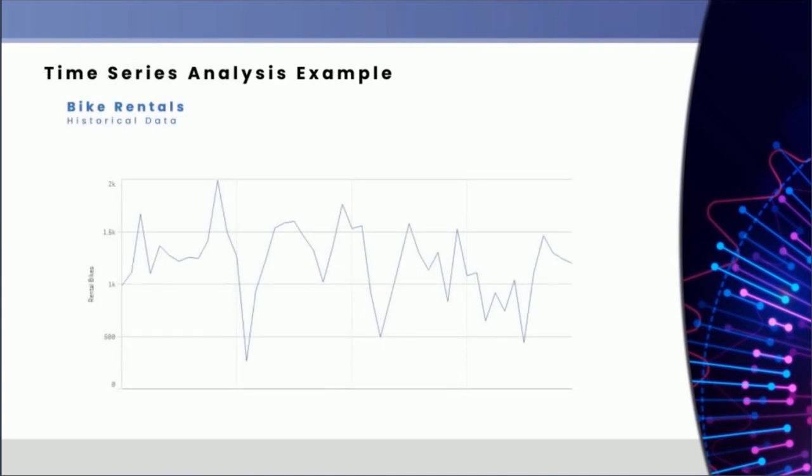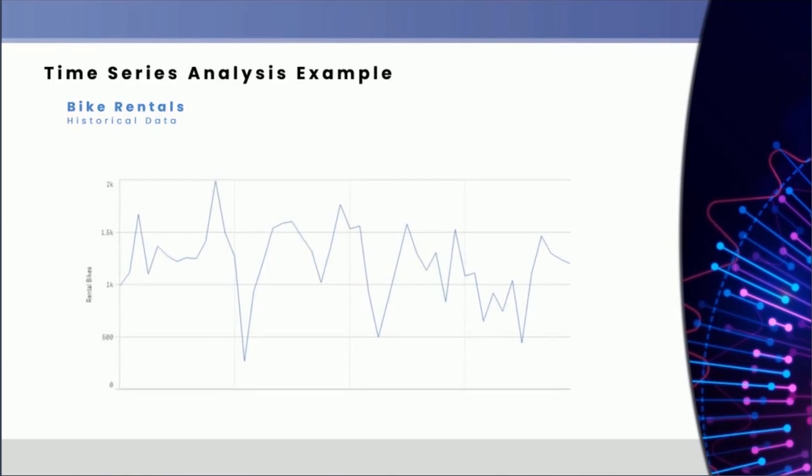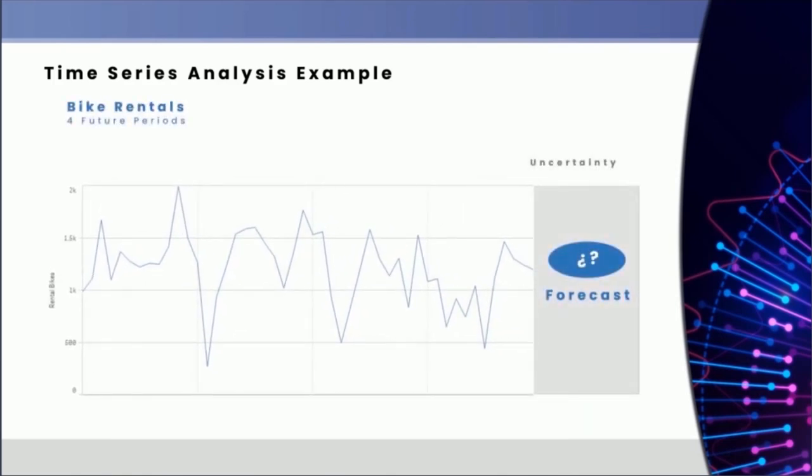Let's see how historical data behaves. Although we do not have the detail of the period, we can see that apparently we have no patterns or trend. We have a few peaks here and there, but it does not tell us much about how it's behaving. Let's see what we can discover from this data. Our objective is to reduce uncertainty, and we're going to do this through a forecast using historical data, which will be in the gray region here. And we want to forecast 4 periods forward.